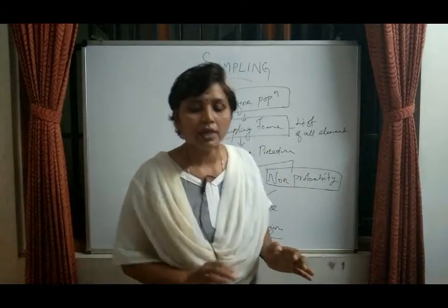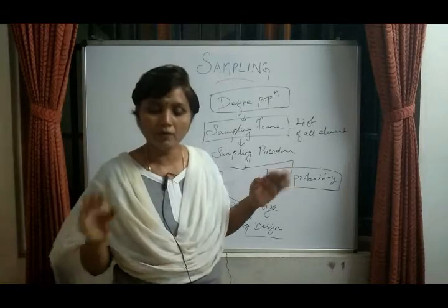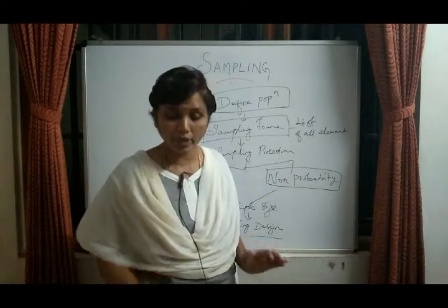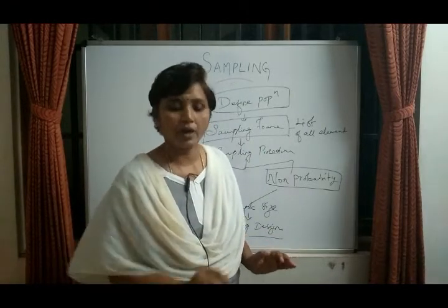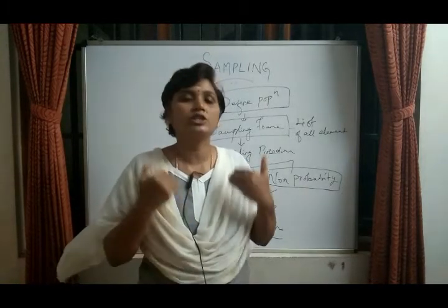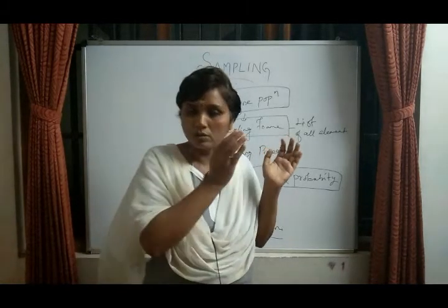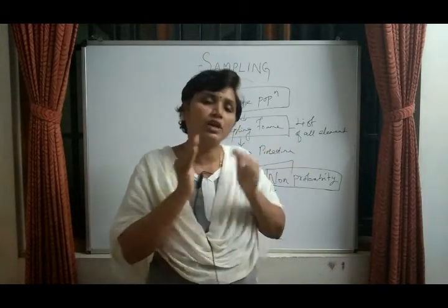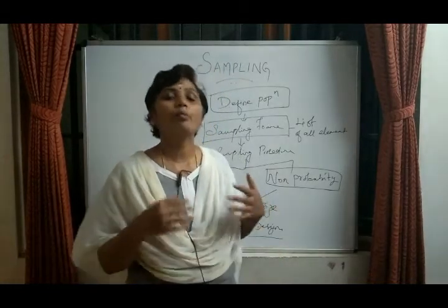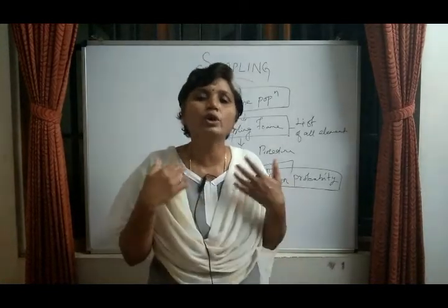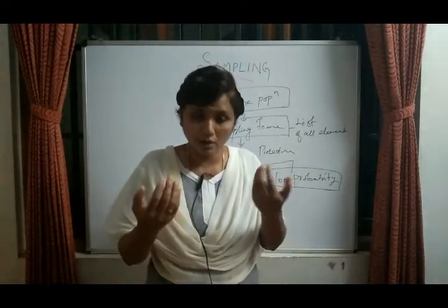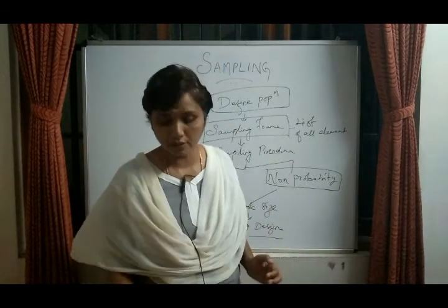Okay. Next one, source list or the sampling frame. Sampling frame means all the elements we will be collecting. All the elements have to be included in the sampling frame. And the size of the sample is according to our study. We have to determine the size of the sample according to the total population. Okay. And the parameters of interest: what we are going to observe or identify in that research. Okay, that is the parameters.